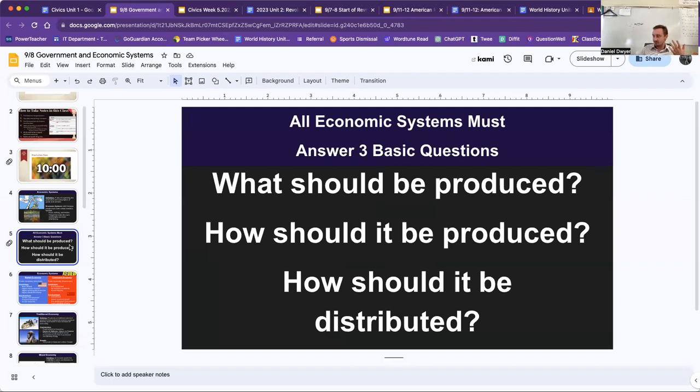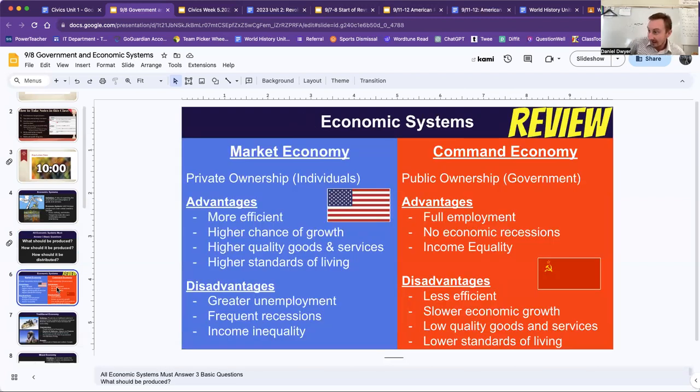How should it be produced? Who's the ones making it? Where is it being made? Who controls the factories? And how should it be distributed? How are people going to afford it? How are people going to pay for it? Things like that. So just as a review from our last lecture, the United States uses a market economy where